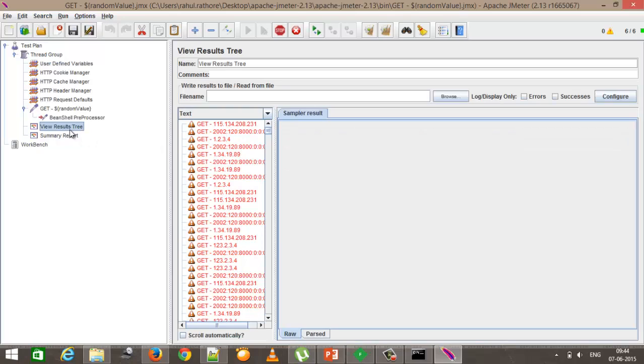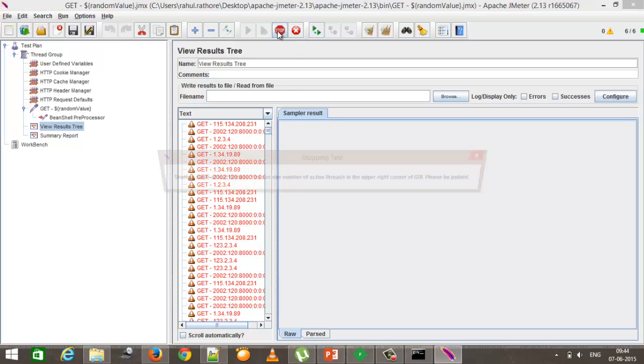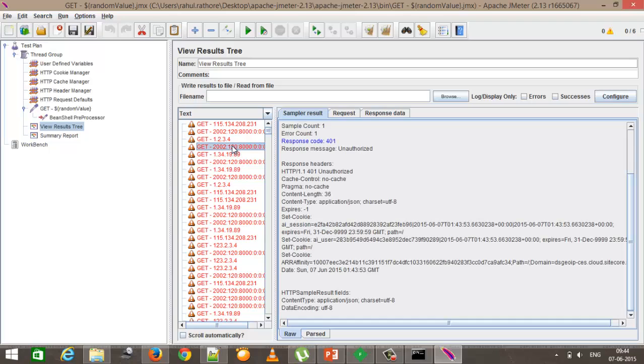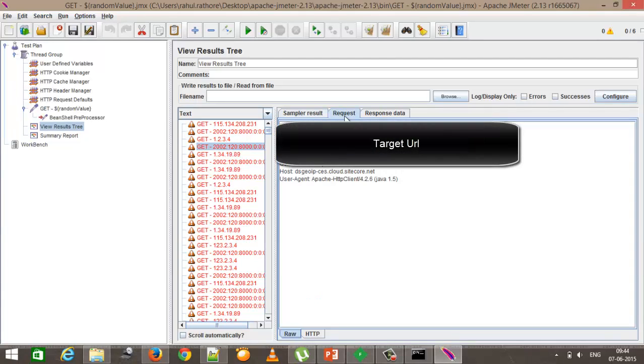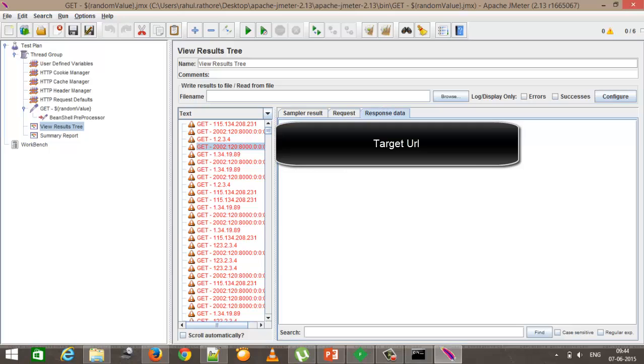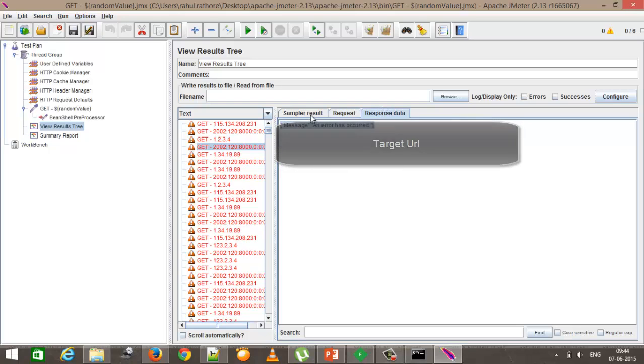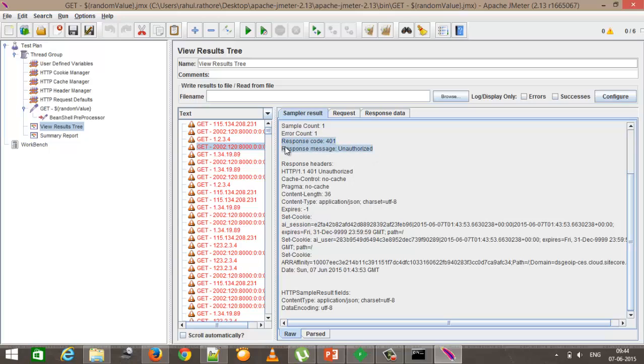If I go to the view results tree, you can see that the results are coming and it is going to give me the response of every request. As you can see here, we are getting an error. So let me stop it. If I click on any request, you can see I'm getting a response code of 401, that is unauthorized, and the message is an error occurred. So this is the reason I'm getting the 401 unauthorized,